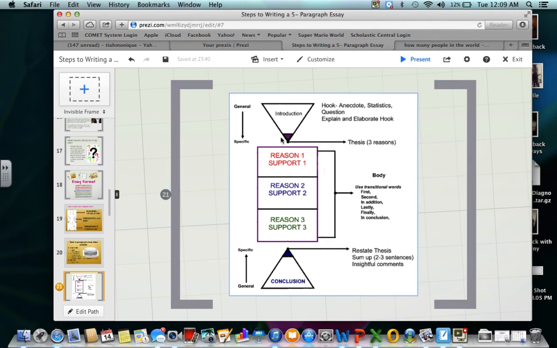Conclusion. You want to note that the end of your introduction has your thesis statement, but the beginning of your conclusion restates the thesis statement. In between, you have all of your reasons and all the supporting information that goes with it. So take a minute. Ms. Cole is going to pause the tape just so you will have the opportunity to fill this in. Okay? Take a few minutes. Go ahead.